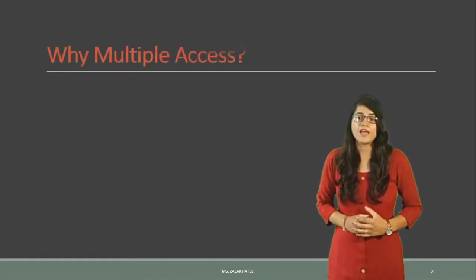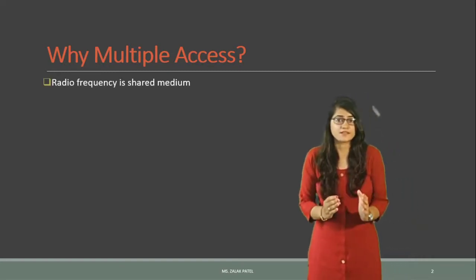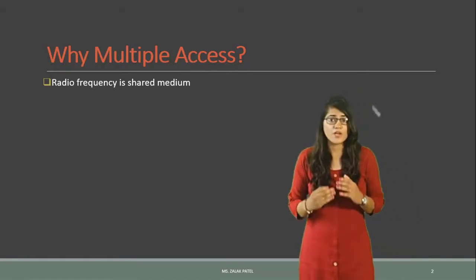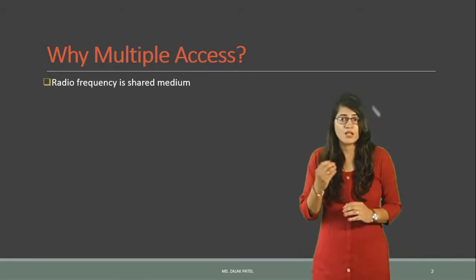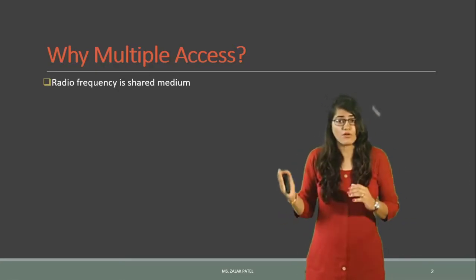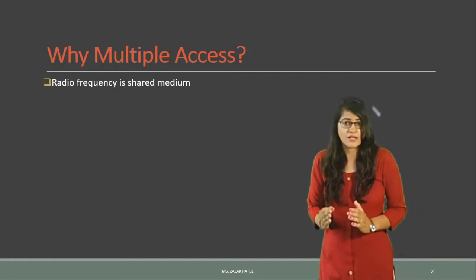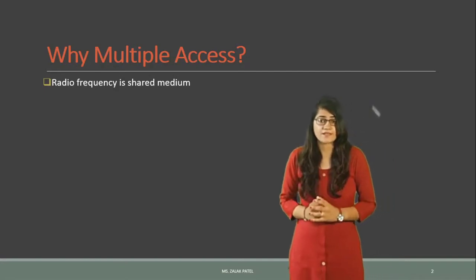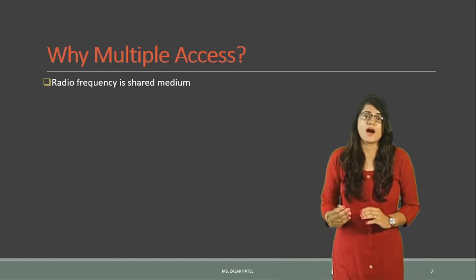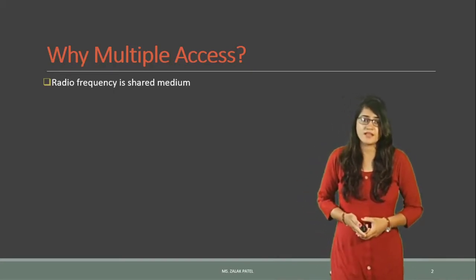First of all, why is multiple access necessary? Commonly, multiple access is basically the sharing of radio frequency. It can be in terms of channel, or in terms of band, or in terms of the frequency channels. So here we can talk about multiple access or multiplexing, like the sharing of resources by many users, which is called the multiple access technique.